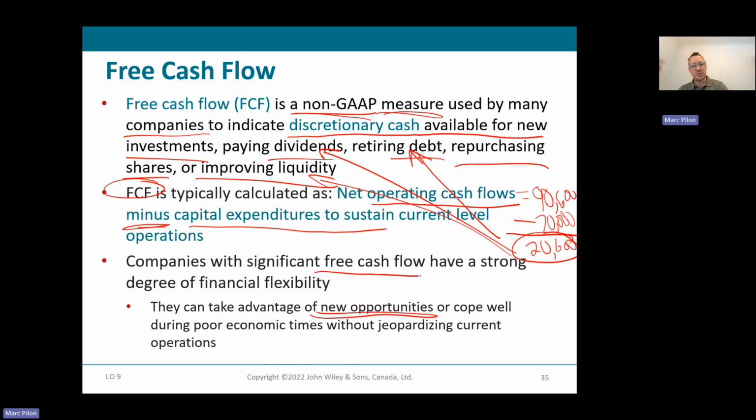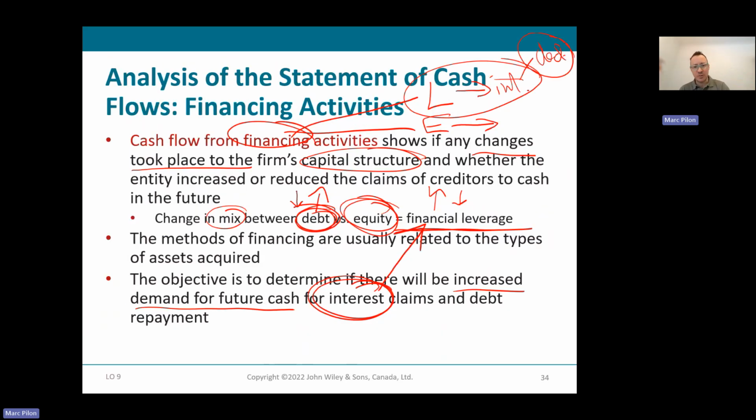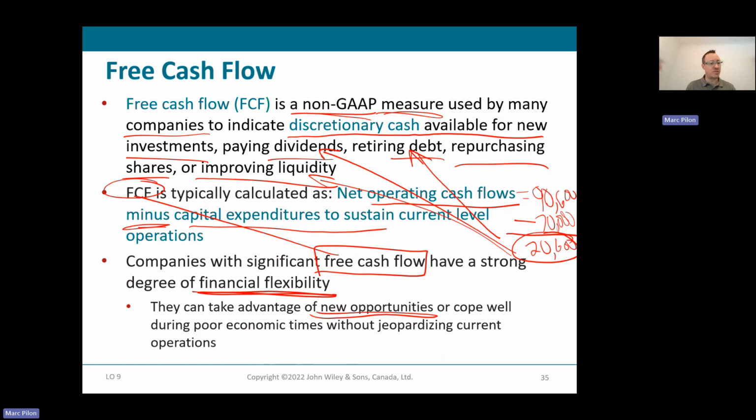Companies with significant free cash flow, okay, have a strong degree of financial flexibility. Whereas if you're highly financially leveraged, which we covered in the previous slide, that is kind of the opposite of financial flexibility. Companies that have financial flexibility can take advantage of new opportunities or cope well during poor economic times without jeopardizing current operations. Because as soon as you get to no cash and you have suppliers to pay or bank loans,